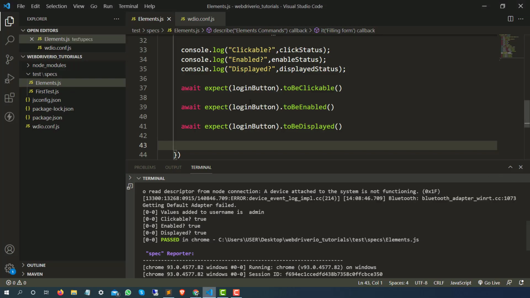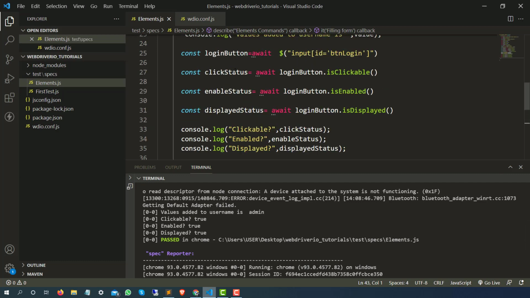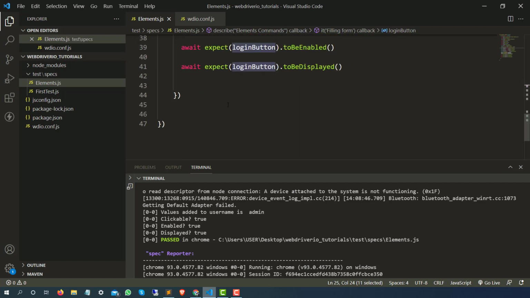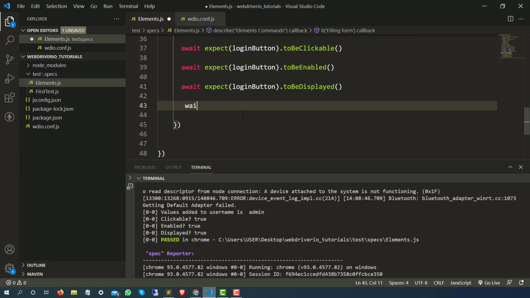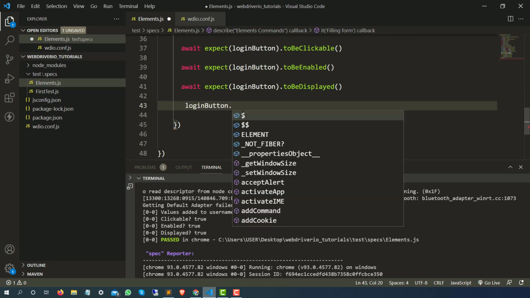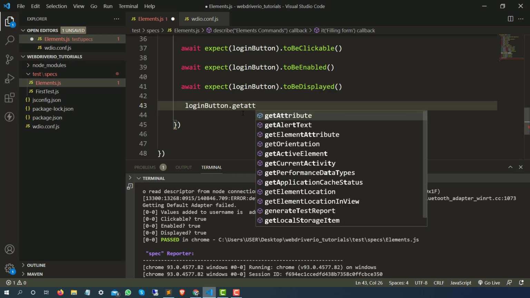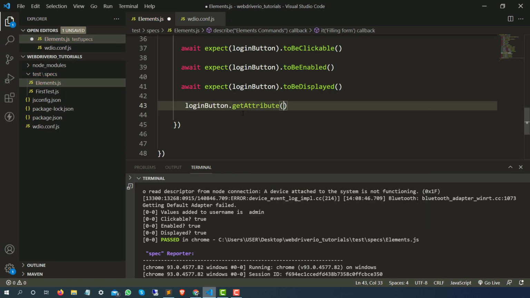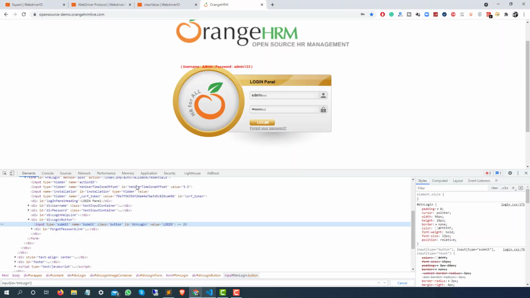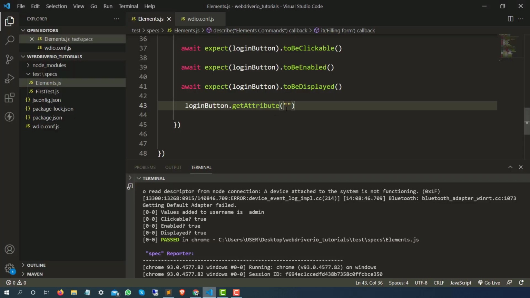So we have this login button here, right? This time I will say await, first just do this login button dot get attribute. Now it will ask you which attribute you're looking for. I can pass any attribute: ID, class, name, type. Let me pass that I'm looking for something called value,